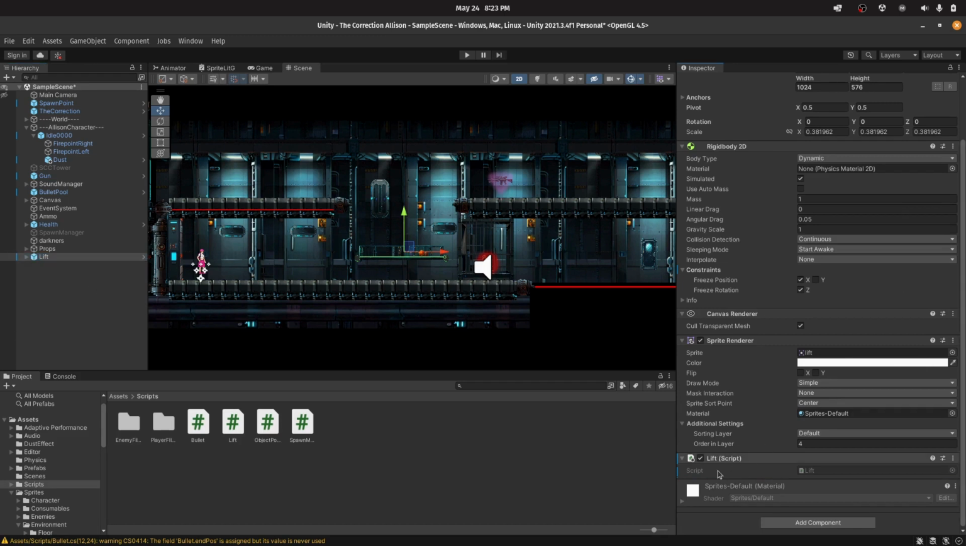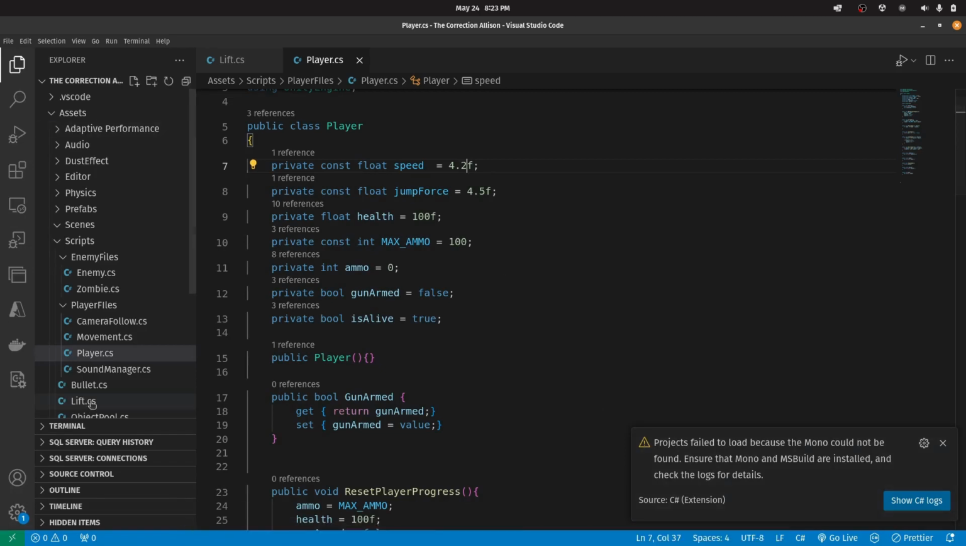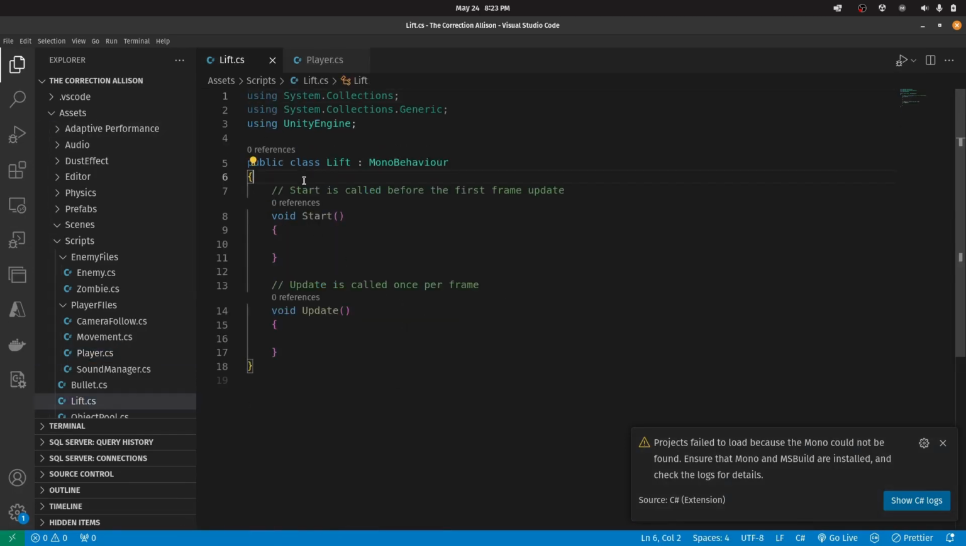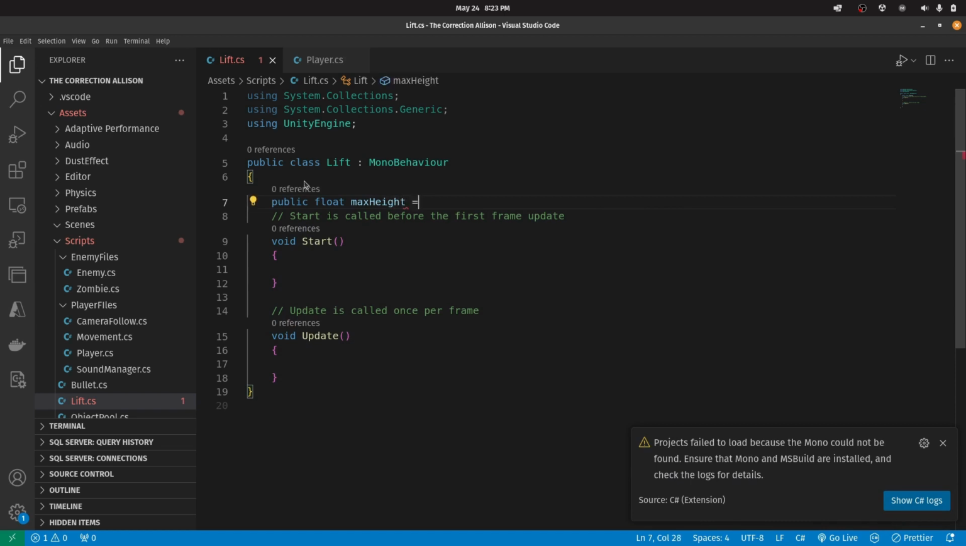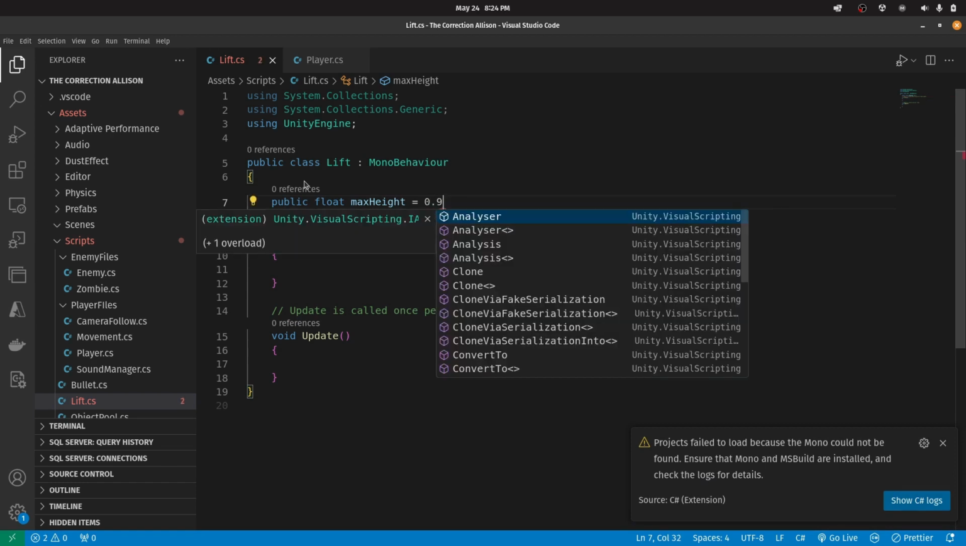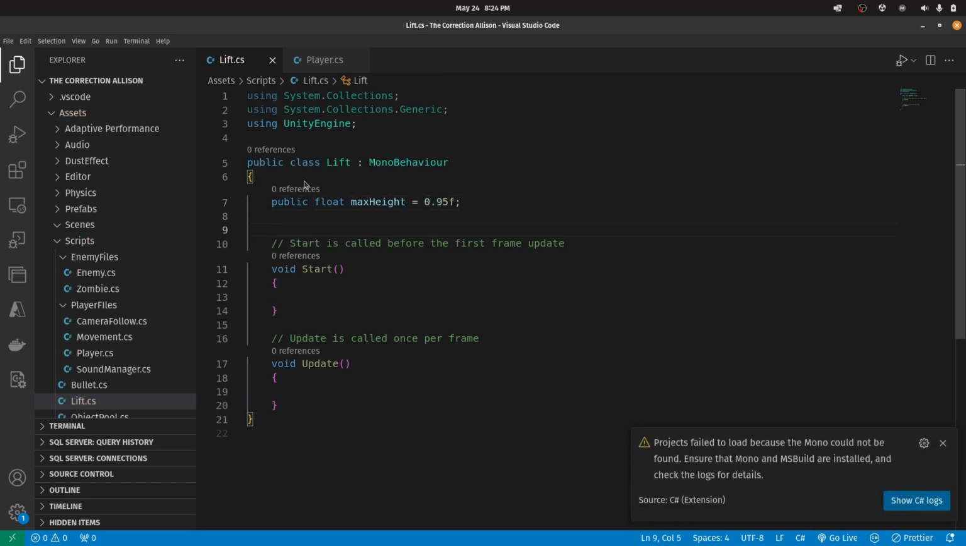Now that I've added the script on my game object, I need to update its file. So I'm going to go to Visual Studio Code, and on my lift script, I'm going to create a few variables. I'm going to say public float max height. If you remember, my max height, or the highest point of my lift, was 0.95. For you, it might be different depending on your needs. So for me, my max height is 0.95, and then my min height